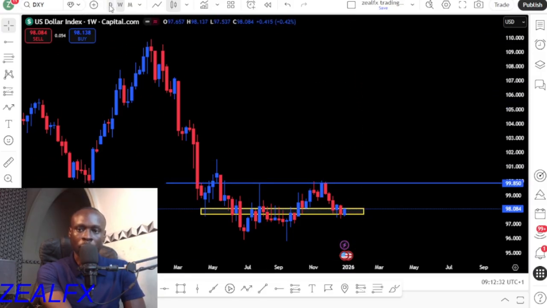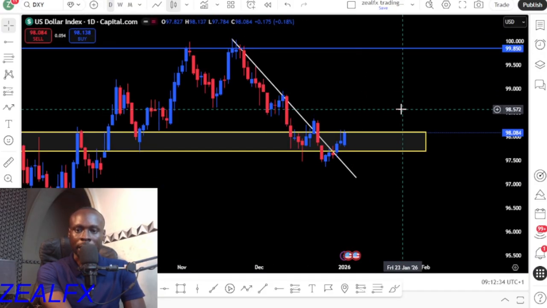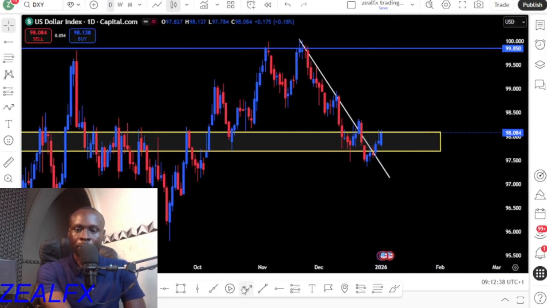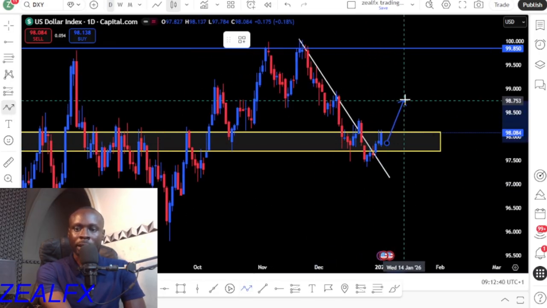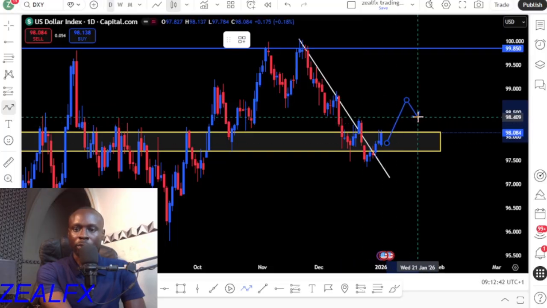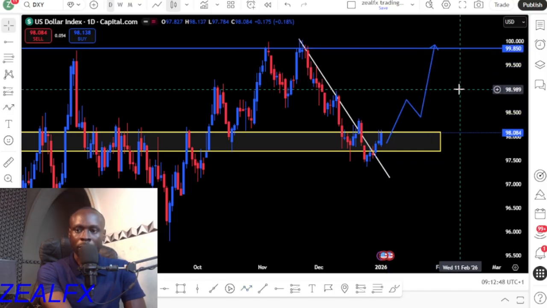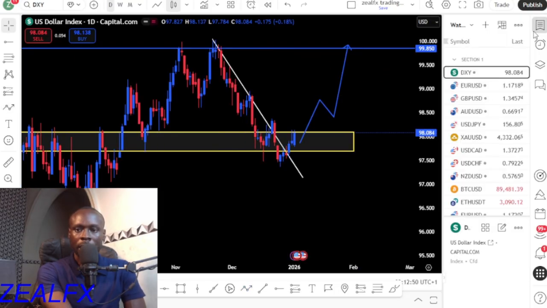So let's go back to our daily chart. Look out for your buying opportunity. If price breaks above this lower high level, wait for a retest, then we'll first start looking for possible buying opportunity for the dollar index to this next resistance level. So let's look at our next pair, which is the